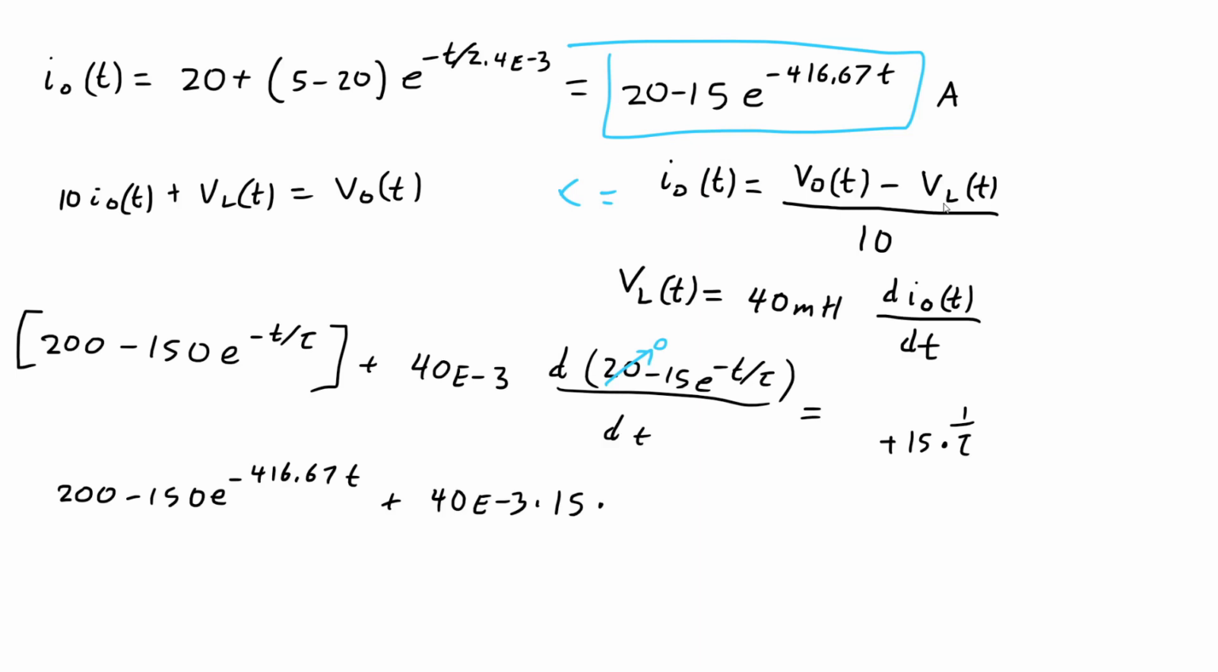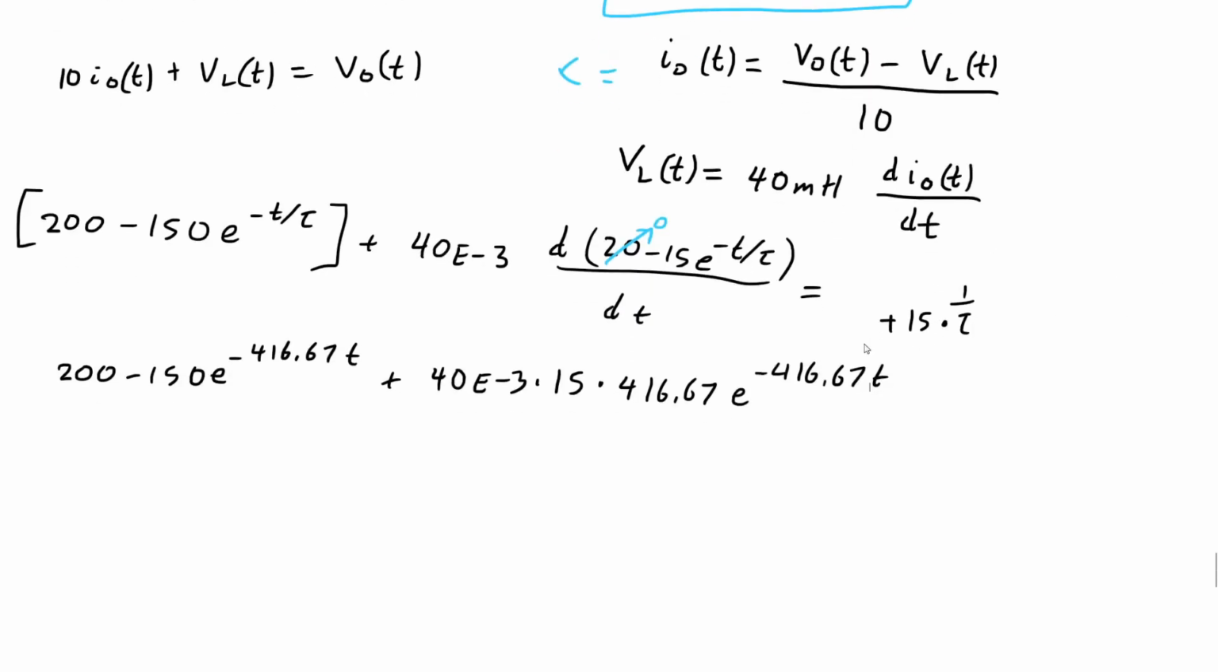One over tau is 416. Okay. Sorry about that, this gets a little bit confusing sometimes. 67 t. And now we just have to simplify everything. So 416 times minus 3 times 15 is 250. Okay, so the final expression for VOT is going to be 200 plus 150, or 250 minus 150, which is